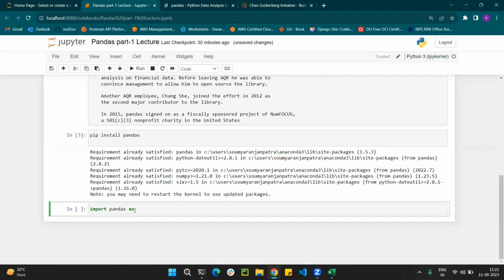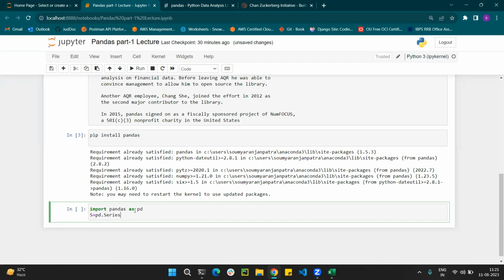So as previously, you import NumPy as np. Here you replace that: import pandas as pd. After that, let's say I take a Series named s, and connect it to pandas, so pd.Series.